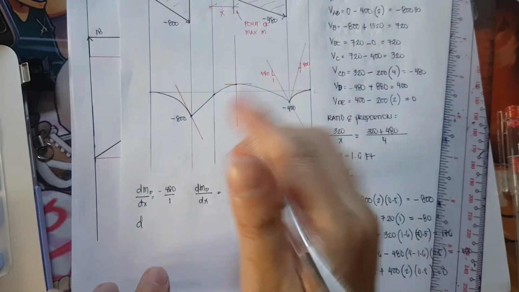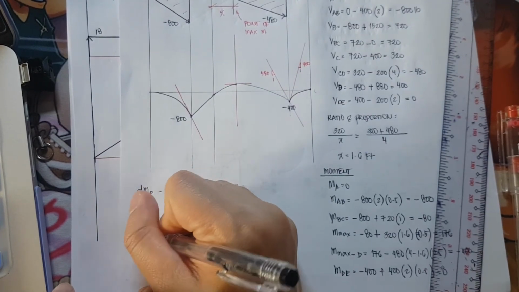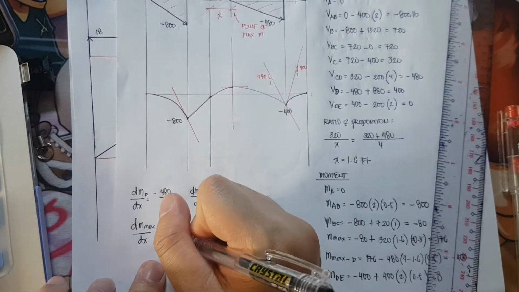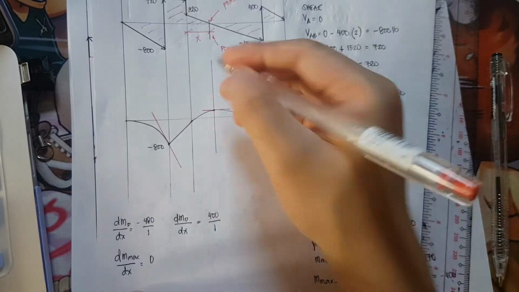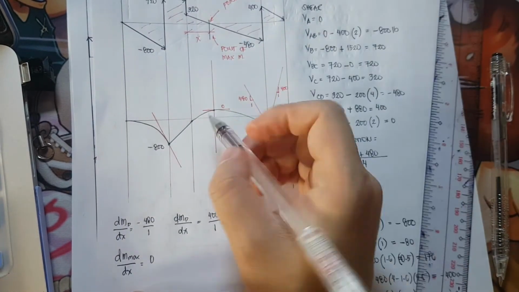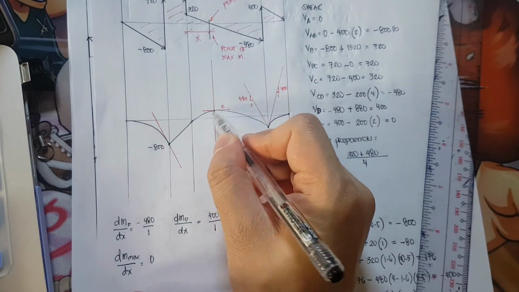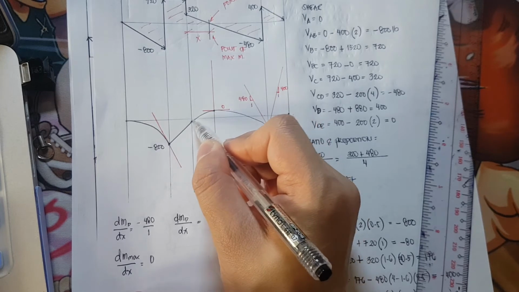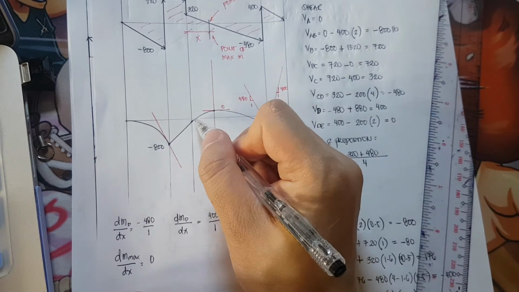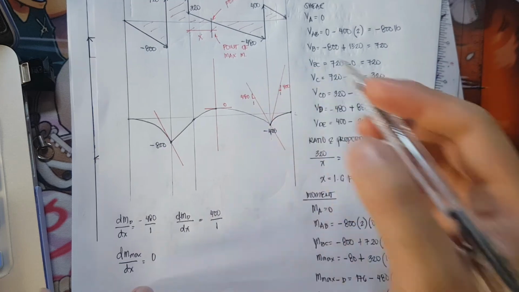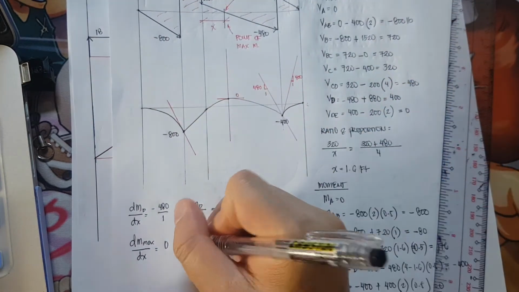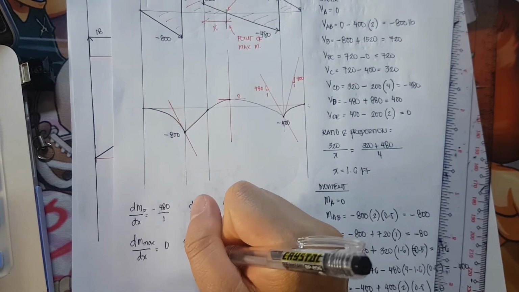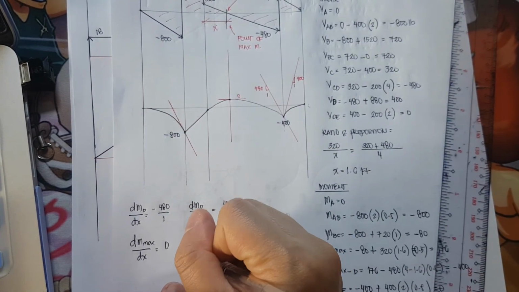Now, determine natin yung slope natin sa maximum. So, the derivative of M max with respect to x is equivalent to, what is the shear? It is 0. Therefore, ang slope natin is 0. So, if i-connect ko siya na pag ganito, then hindi natin ma-meet yung criterion na it was connected by a smooth curve. Likewise with here. So, it is concaving upwards. Then, ganun din dito. So, the derivative of moment at point B is equivalent to 0 with respect to dx,